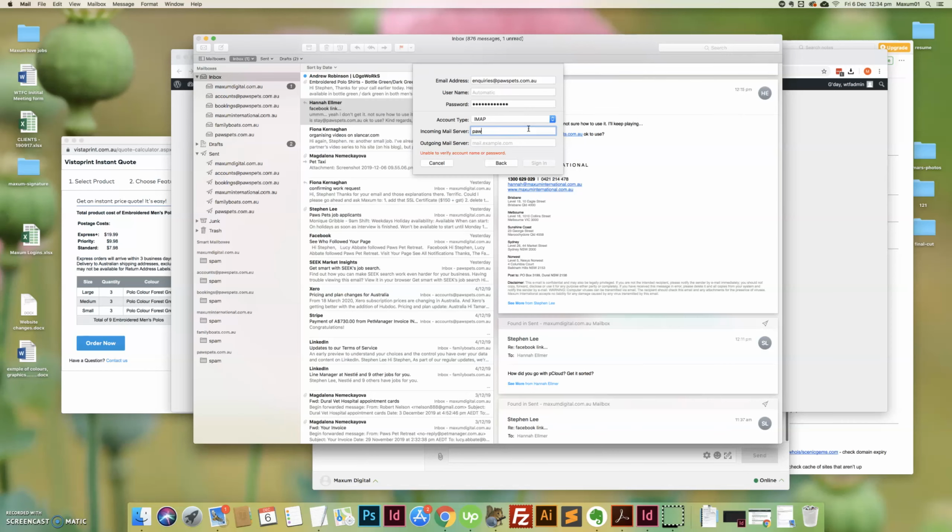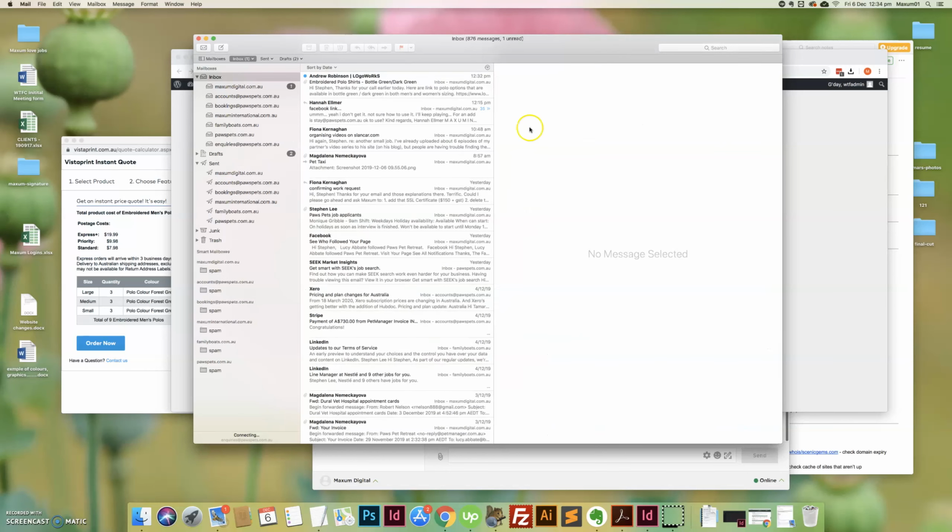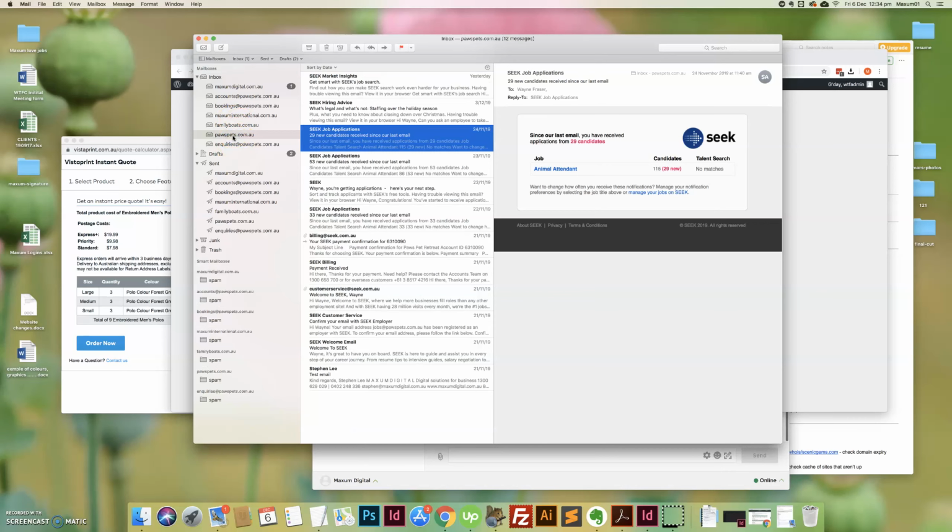The incoming server is pawspets.com.au. Copy and paste and sign in. Okay, just untick notes, doesn't really matter. So we've got mail. Okay, so now I've got, which one is it? I've got a couple here, I think. Yeah, there it is,